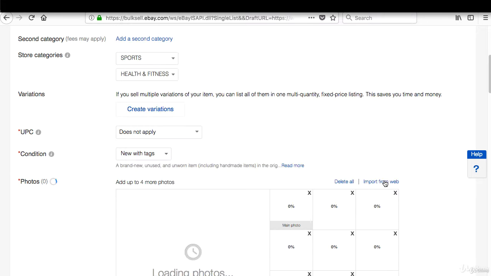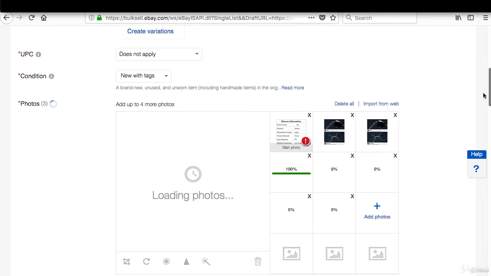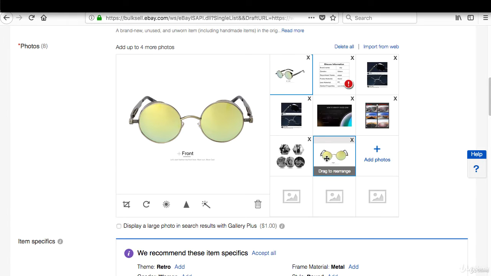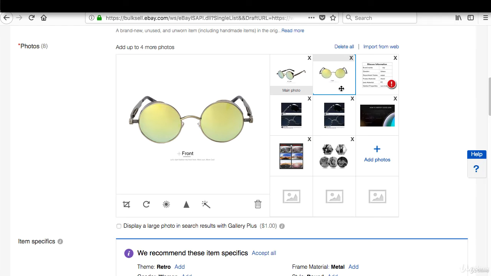And now I'm going to be adding all of them up. So now it's loading up all the images I just took. I'm waiting for it to load every single one of them. And I'm going to be moving the pictures of the sunglasses all the way to the front. Now, one thing I do suggest for the more advanced stages, once this item actually starts to